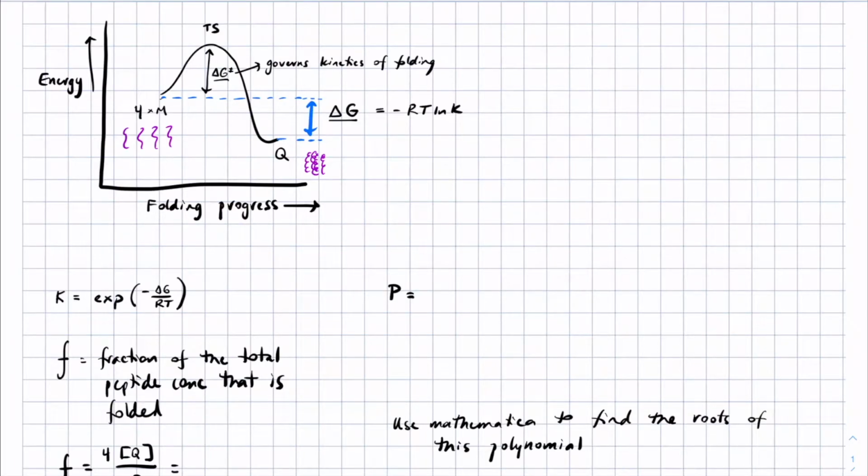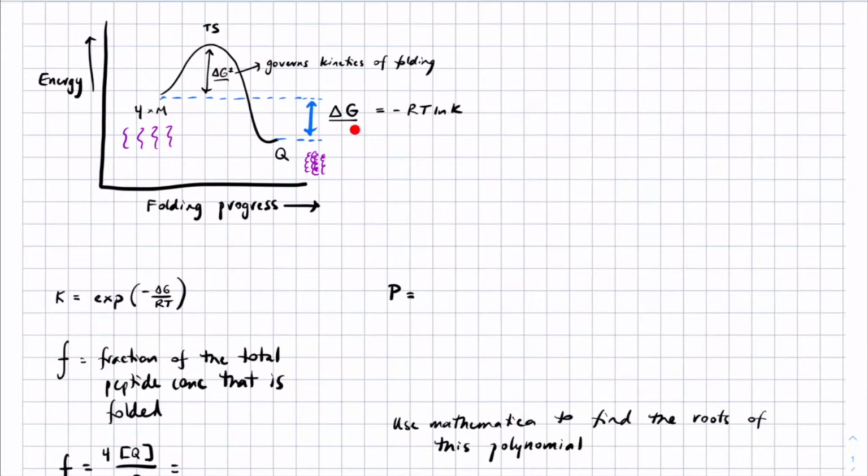All right, so now we're going to finish our discussion of two-state folding equilibria by talking about a monomer-tetramer equilibrium. Again, the energy diagram is going to be much the same as we've talked before. 4 unfolded monomers in equilibrium with 1 folded tetramer. I'm using Q here instead of T because we use T for trimer. Pass through one transition state, and of course this free energy difference